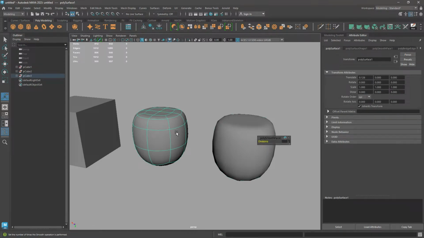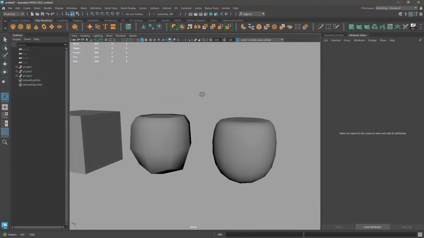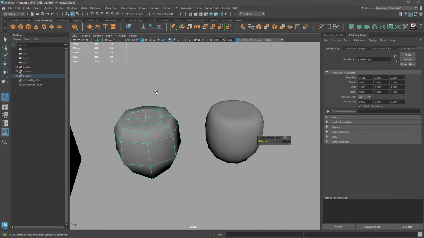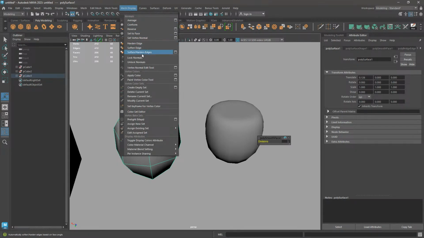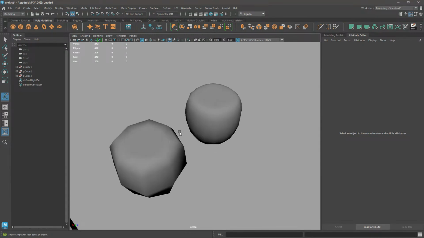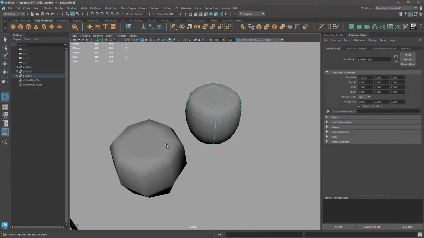So it gives this shape to this one. Even if I press 1, it still looks the same. It looks weird, but what I'm trying to say is it's already looking similar to this object. This object has more cuts, this object doesn't have those cuts. That is the only difference. Okay, so